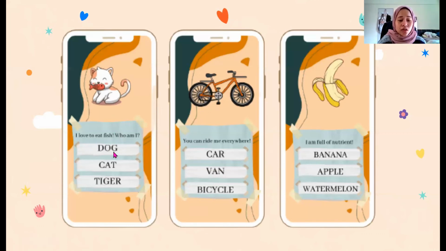Just for adding information. So if they pick dog, hi, I am dog, I love to eat chicken, for example. And then they click tiger, hi, I'm tiger, I like to eat meat, something like that. Same goes to the other examples, the other questions. So every option has its own explanation, but only the correct answer gets a good